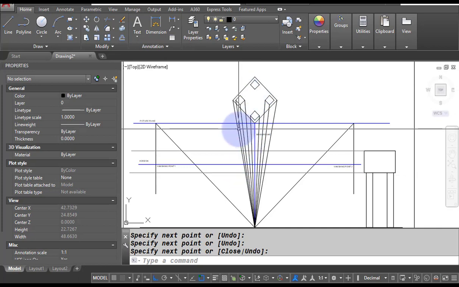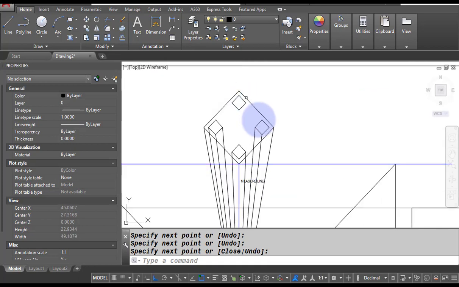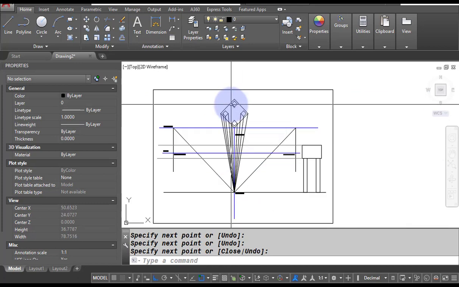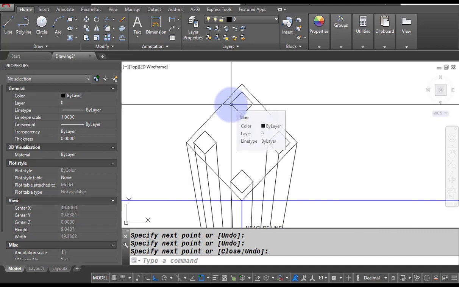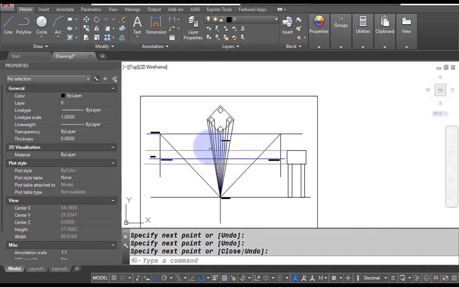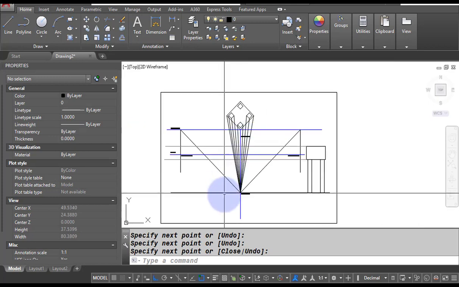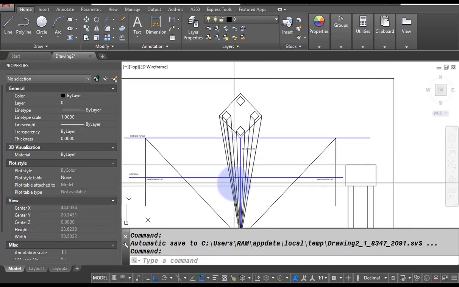If you take your station point somewhere about here, then all these corners will be plotted. I will also make another video where our station point and horizon are at different locations, so that you can also see the plan of the tank and all 4 columns.